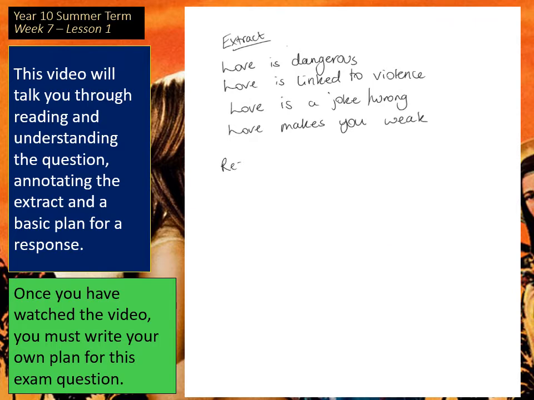So looking at those ideas, I'm already starting to think about and see links to the rest of the play. So I'm just going to draw on some of those quotations that I've remembered and that I can recall that will help me explore those ideas from the rest of the play. So first of all, I'm thinking about Mercutio because he's the one that Shakespeare's used to explore these ideas. And I know that Mercutio also says about love